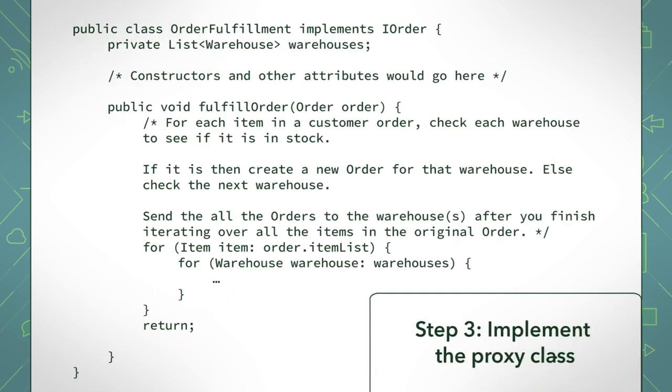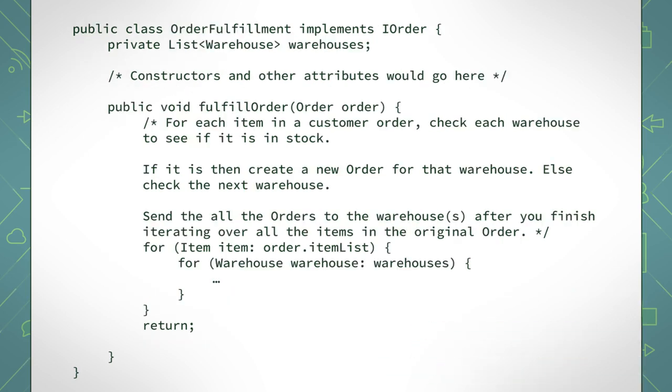Step 3. Implement the proxy class. The order fulfillment class does all the work of checking the warehouse inventory and ensuring that an order can be successfully completed before sending the request to the warehouse. It will ask each warehouse whether it has enough stock of a particular item. If the warehouse has enough inventory, the item gets added to a new order object that will be sent to